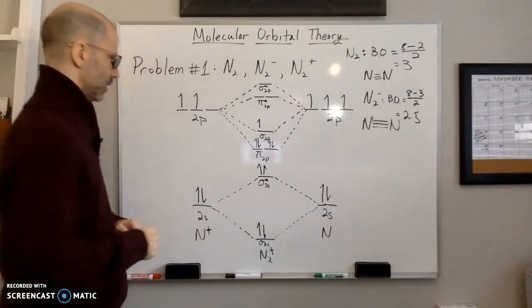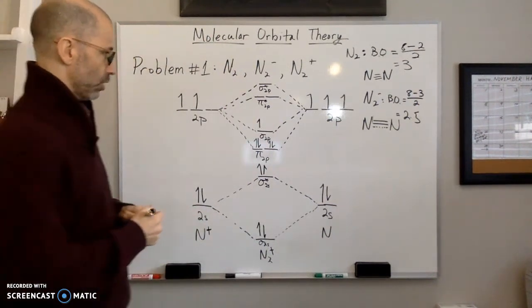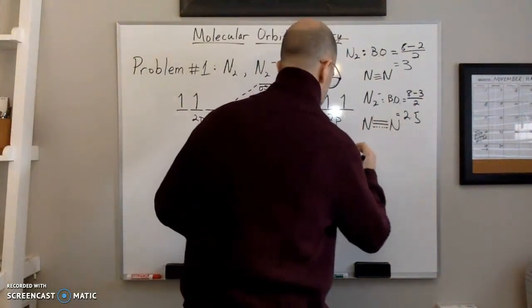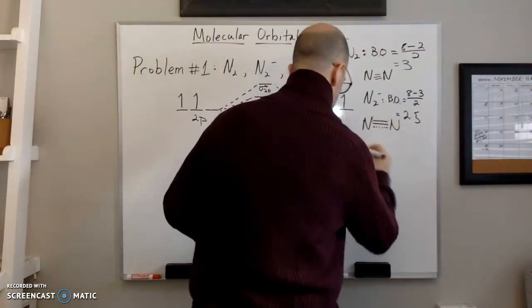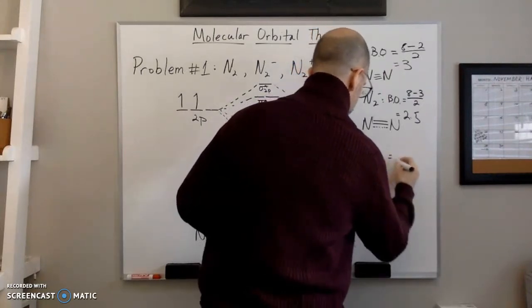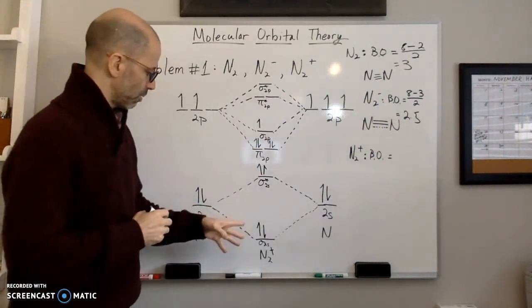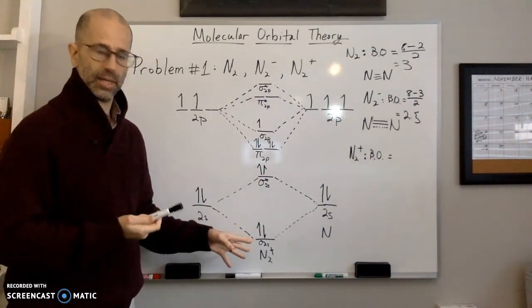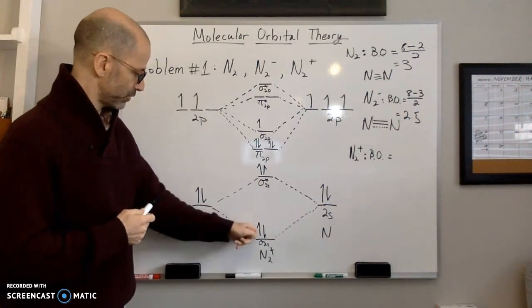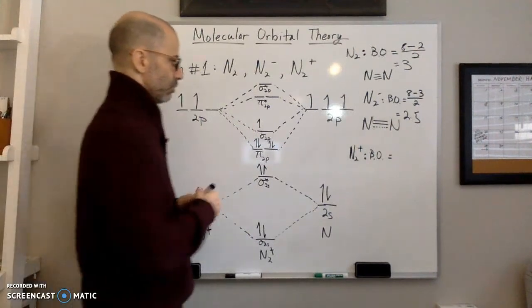So we have 1 less electron. Again, we could calculate the bond order of N2 plus. This time our number of bonding electrons has decreased. So we have 2 here, 1, 2, 3, 4, 5, 6, and 7. So we have 7